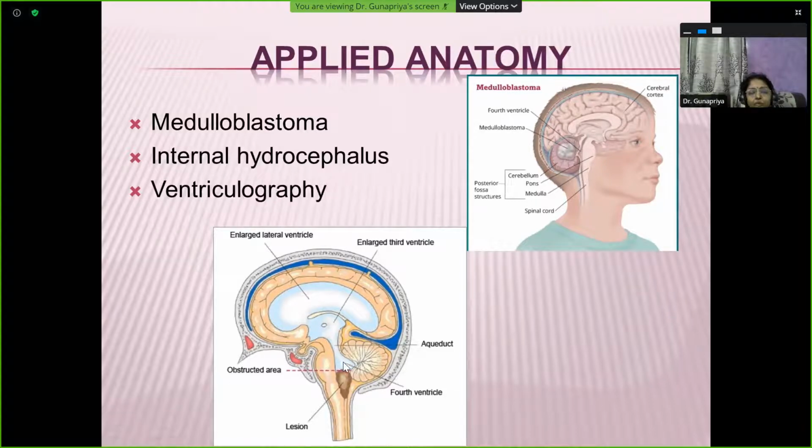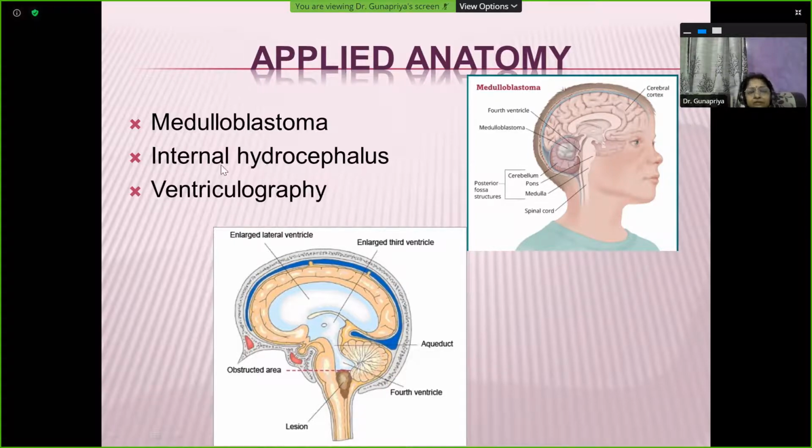So what happens is the fourth ventricle has got filled with CSF. It is expanded or enlarged. The third ventricle is also enlarged. The lateral ventricle is also enlarged. So all these have gone in for enlargements, and that condition is known as hydrocephalus. This is known as internal hydrocephalus. What is hydro? Hydro refers to water. Cephalus refers to head. So in the head or within the cranial cavity, what could be that water? Cerebrospinal fluid. So larger accumulations of cerebrospinal fluid within the ventricles of the brain is referred to as internal hydrocephalus.